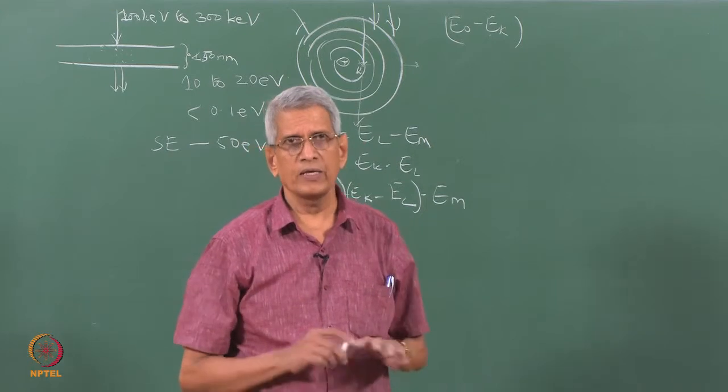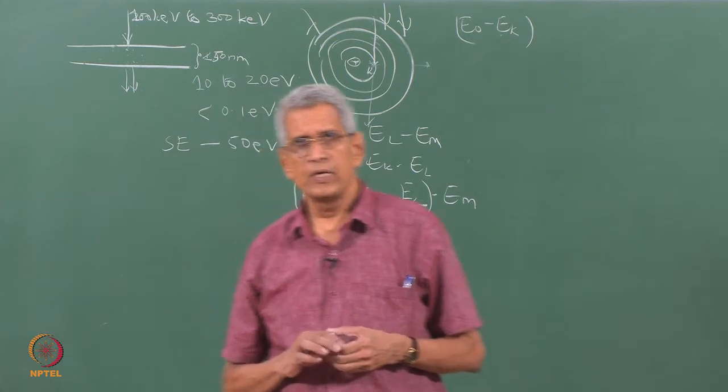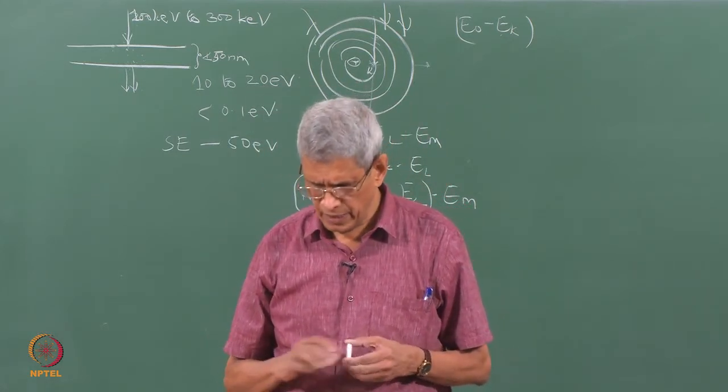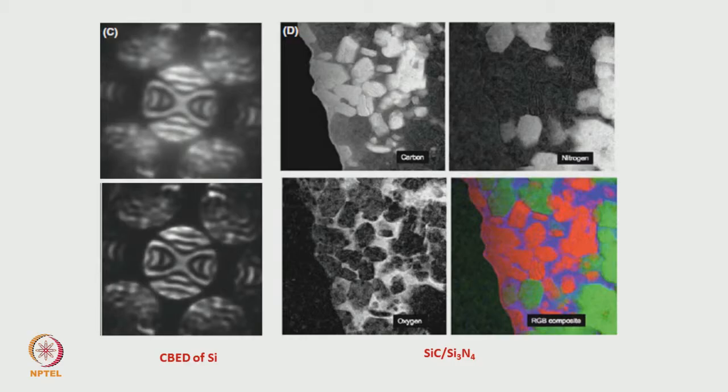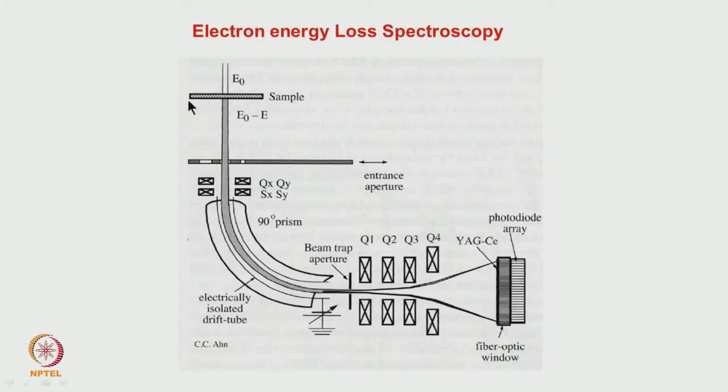What we mentioned so far is about the process which takes place. How can this process be put to use in a microscope? There are various ways in which it could be done. One way is that the electrons fall onto the sample surface, and that beam is made into a very fine beam. If we want, we can scan that beam on the sample surface, or we can make a stationary fine beam onto the sample.